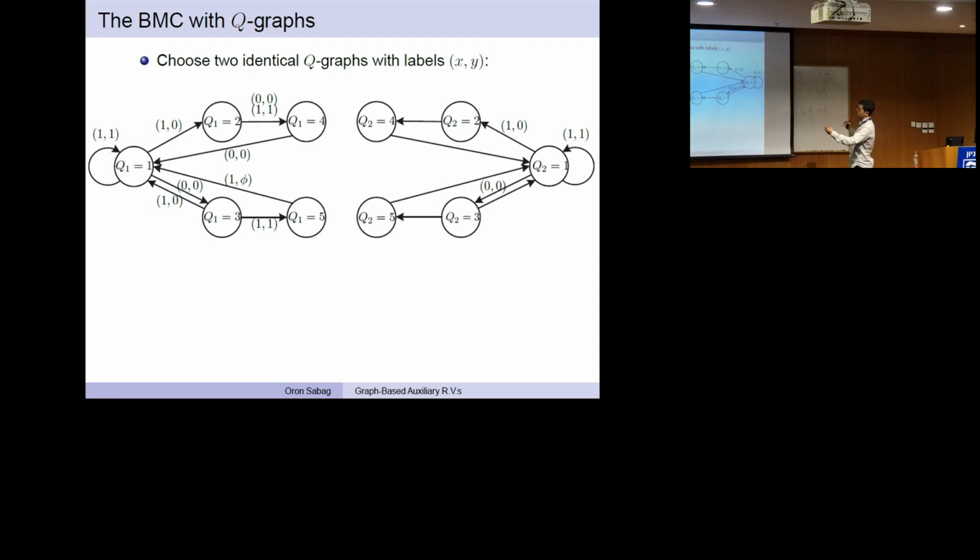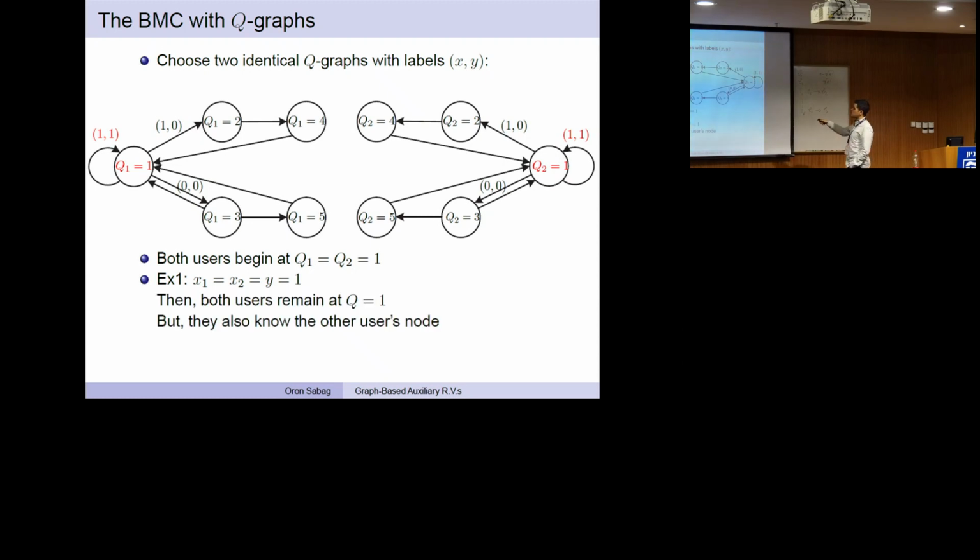Each one of them is being used by one user only, and their edges are labeled with the X and Y. Okay, and I will show an example of how the encoding process occurs. So let's say that both users begin at Q equals 1. Okay, so both of them begin at the extreme nodes, and say that they both transmit X equals 1. So the output, their multiplication, is also 1, and both of them go by the self loop to the same node.